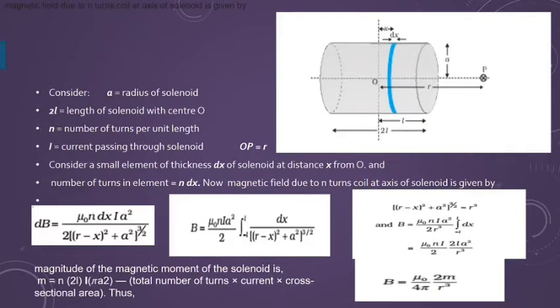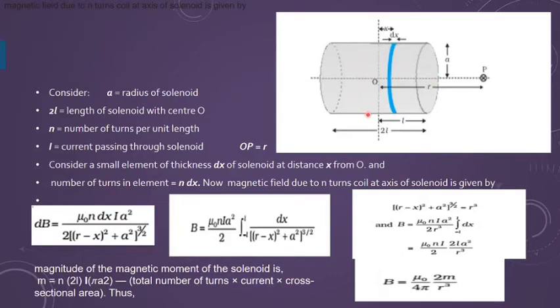For that, if you want, you can see that if I take any point P on the axial line of the solenoid, and I try to find the magnetic field at point P due to this solenoid. Solenoid means I have a number of turns of the coil on a core, which can be a soft iron core, and I am making the electric current pass.